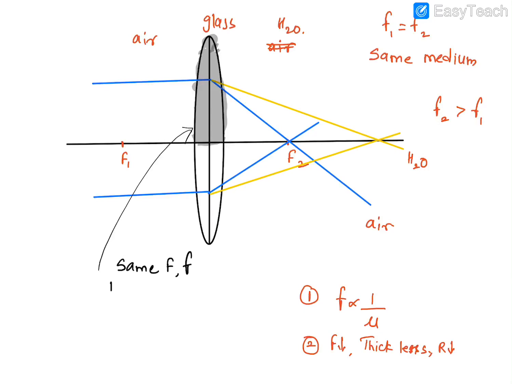What will change is the intensity of the light. So the light will be less, there will be lesser intensity of light. So you can say it will be a dull image, or the image will not be very bright. But rest everything else, the size of the image, the position of the image, everything else will remain the same. It's basically only the brightness of the light which is changing.